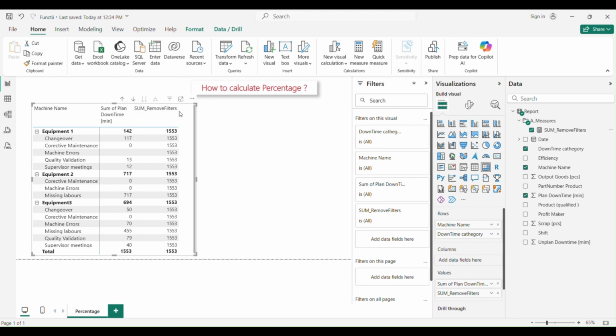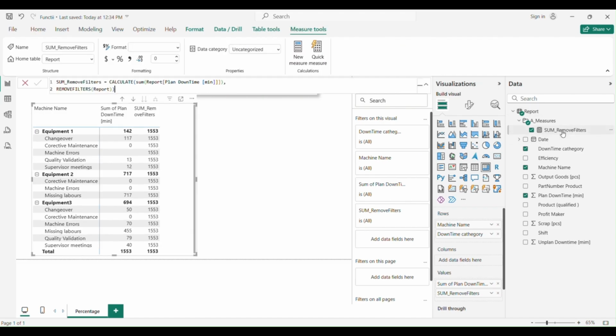Actually, let's discuss a little bit about this measure now that it is done. What we did was say, please calculate the sum of all the planned downtime, but also remove all filters.